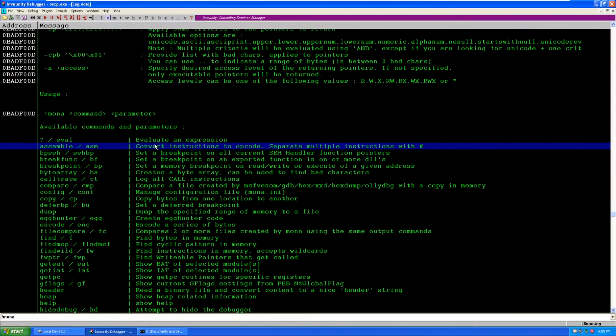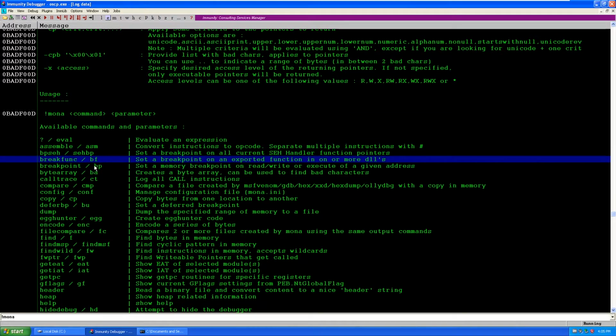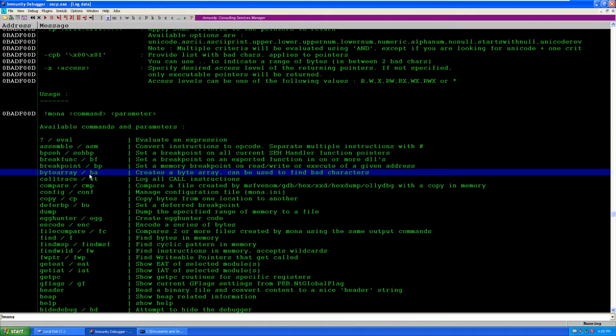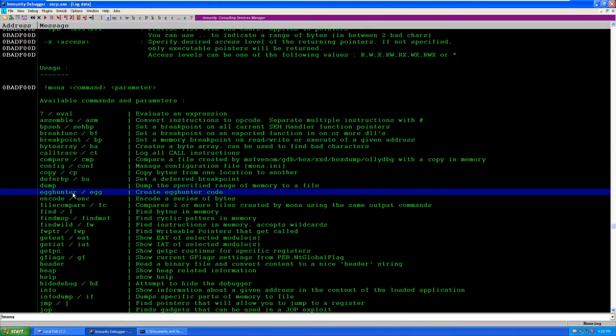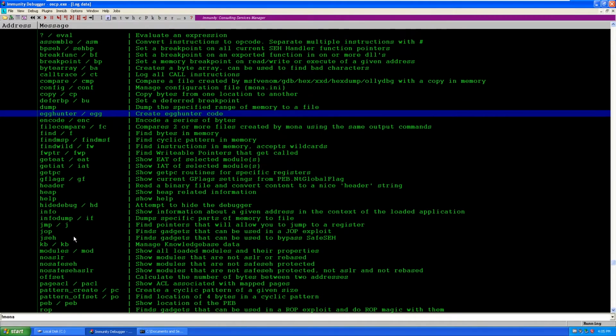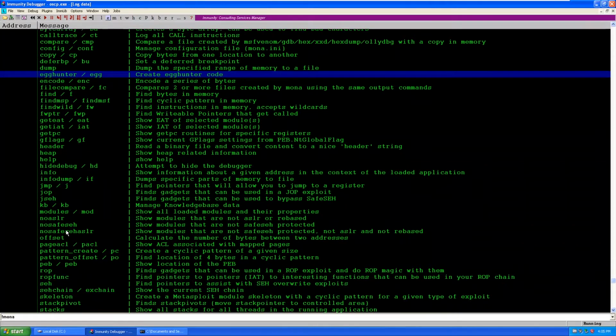You can assemble an instruction to the hex code, and you can set up breakpoints, and you can create a byte array of characters, and you can also create your own hex hunter with a custom tag, and you can do almost anything with Mona.